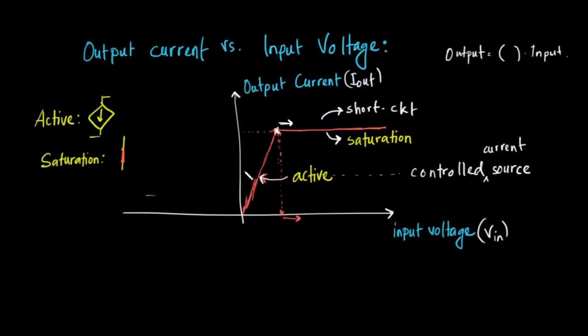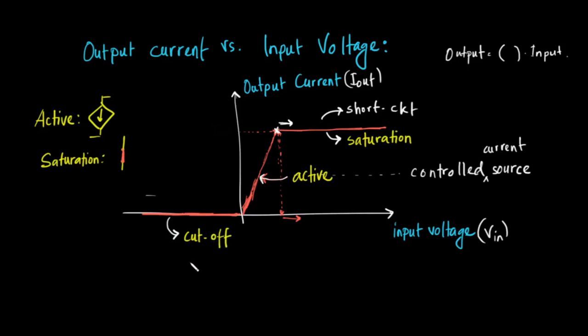So for the negative part of this graph, for all negative voltages, the graph will look like this, okay? The graph will look like this. The output current of the transistor will be permanently at 0. Okay, so when the output current is permanently at 0, we say that the transistor is turned off. Okay, so this region has also a specific name. This region is called the cutoff region. All right, this is called the cutoff.